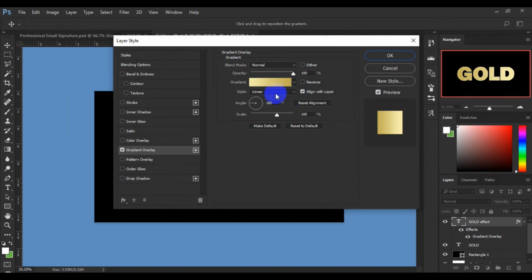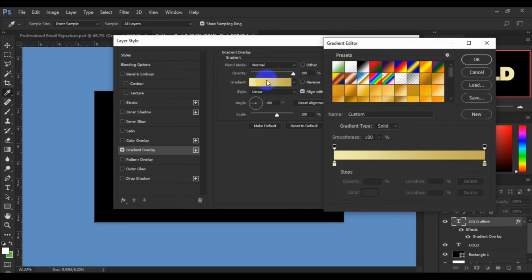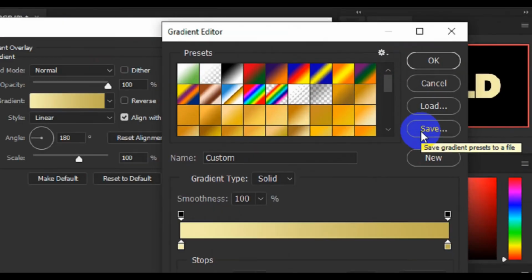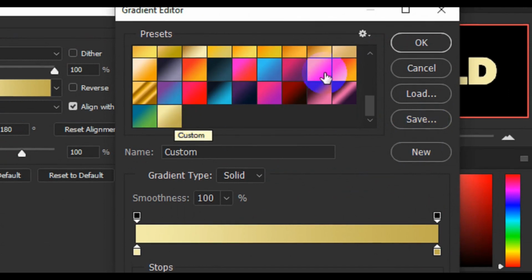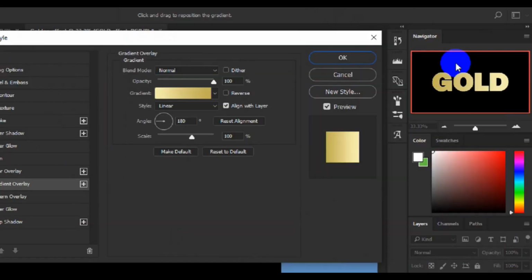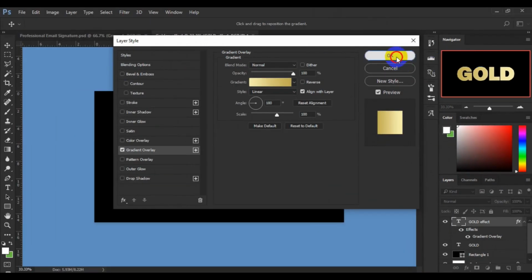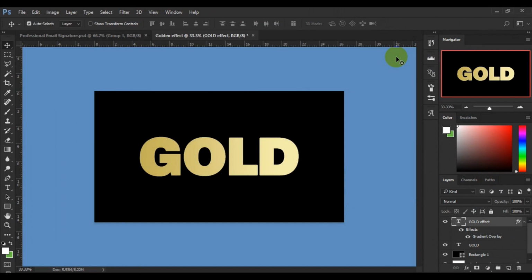Now before I select all, I have to come here and make sure I save this. So it has been saved right here, and click on OK, and then OK. So this is the first stage to our realistic gold effects in Adobe Photoshop. So the next step to take is to